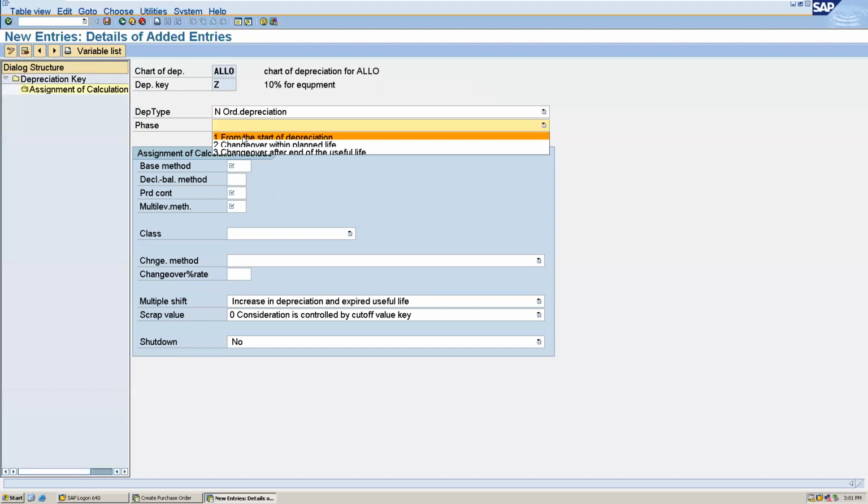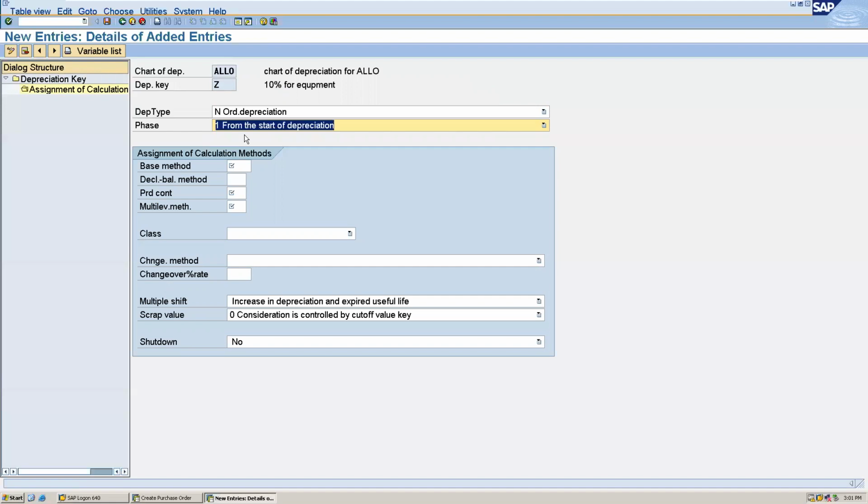The phase here we have to give is from start of depreciation. And the base method we will be maintaining is 0014. And here we have to maintain the 001. Here also 001. And also the multi-level method that we have maintained is WD1.